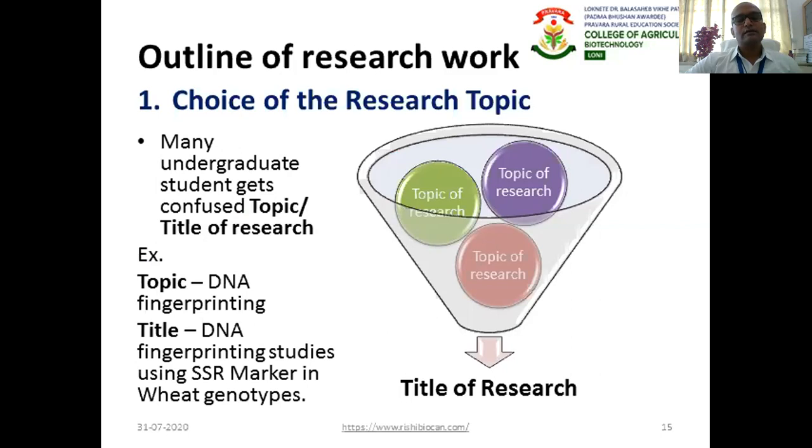So you have to think on a topic, you have to grind the topic, and whatever extract comes out of that topic will be your research title. An example is already given: the topic might be molecular biology or DNA fingerprinting, and the title might be DNA fingerprinting studies using SSR marker in wheat genotypes. So don't get confused between topic and title.